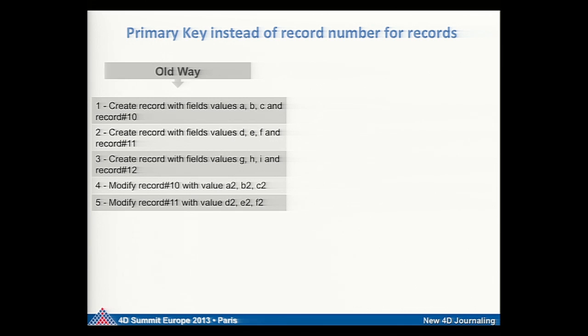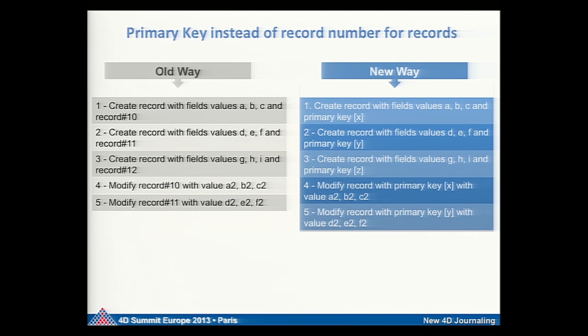In that case, if you use record numbers, so you have a record that has A, B, and C in certain fields, and I create number 10, number 11, number 12. If I modify 10 and I replace it by A2, B2, and C2, I do the same thing for record 11. If I would like to reintegrate it and the journal is complete, no problem. That's currently what is going on. However, if there's an entry missing in the journal, because I wasn't able to recover the full journal, which was damaged,